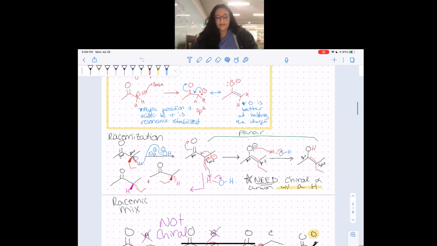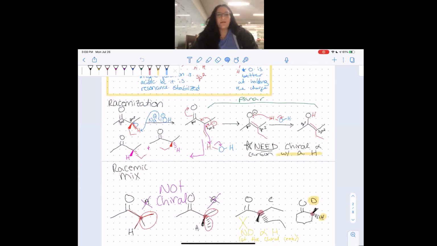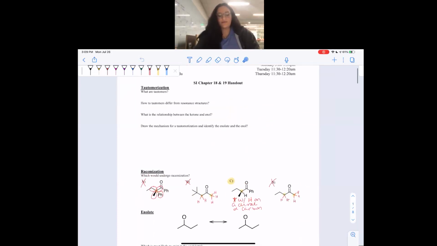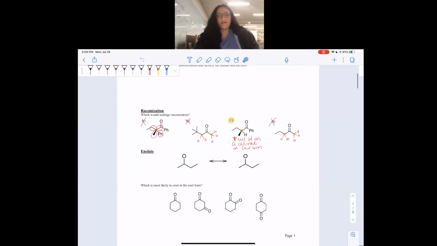We then talked about racemization, which was essentially the same exact reaction, except we had to think about what would happen if we had a chiral center present. And so we know that if we had a chiral center to begin with, and we did this reaction, if we went backwards in the reaction, we had to get a racemic mixture because we have no way of choosing at this point where the hydrogen will add because it is planar. So that's all we really did last week for chapter 18. And I didn't write it in here because we talked about it. We did answer this question.